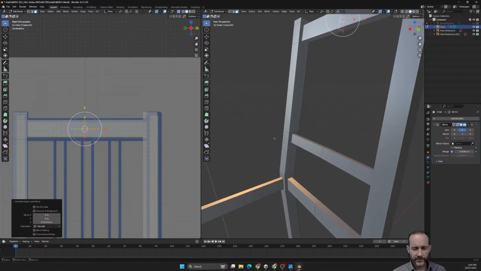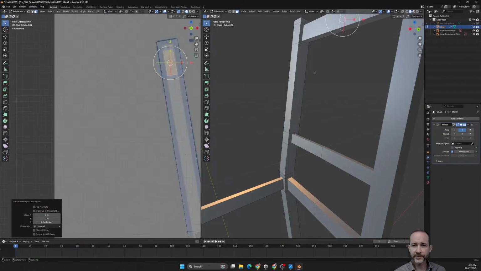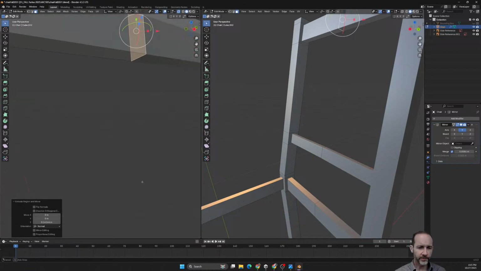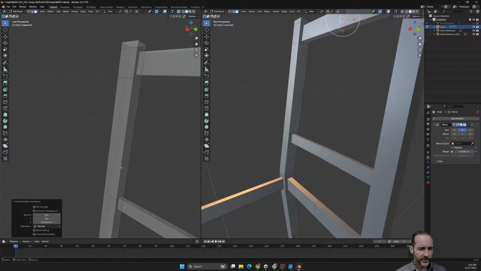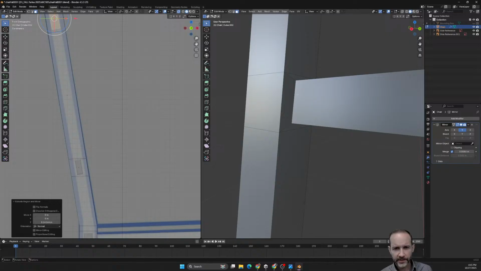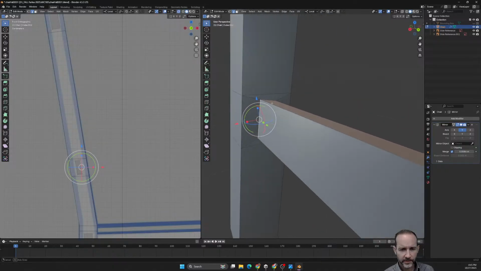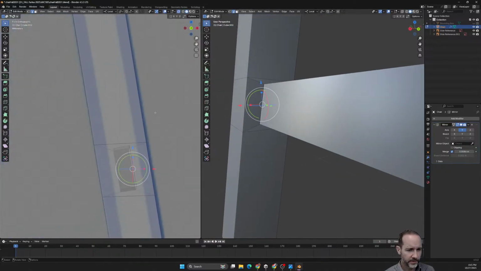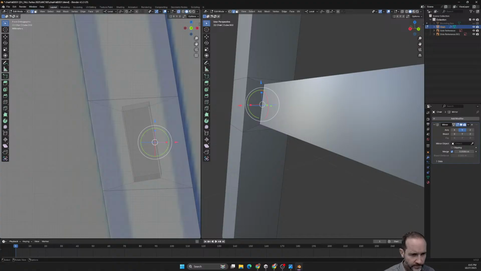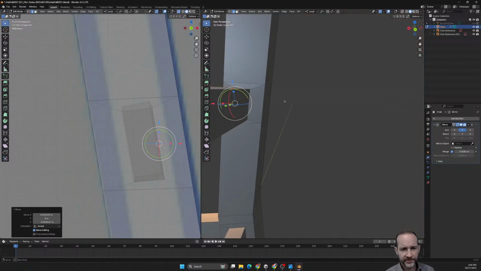That works. This bottom one I think might need to be a little thicker because we need to actually inset again on these to make the rungs that go this way. And so that's a pretty easy adjustment. We can simply just grab these edges. So right here, let's keep it in local space. And then on the other side,